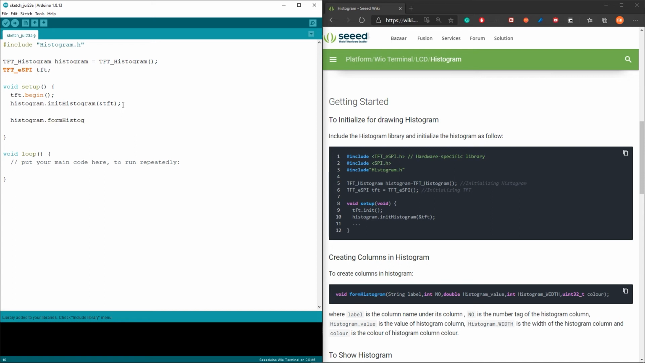So this will draw histogram columns, and the usage is, first you need to specify the column name. So I will specify as A, and next you need to give a tag, just the number 1. So this number 1 will not be shown on the LCD, but this is just for reference. So 1, and then the histogram column value, which is the column height, I want it to be 60, and